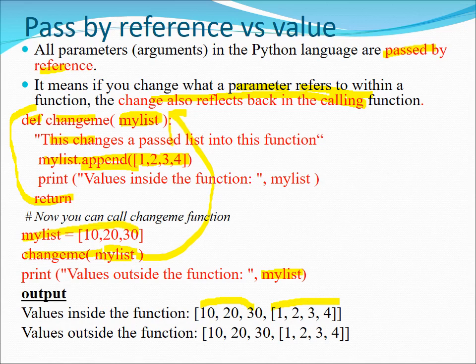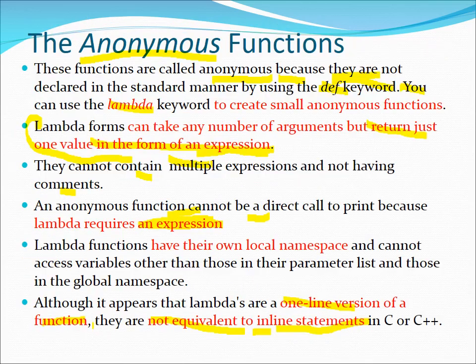So 10 20 30 is the content of my list. It will be available here with the same values 10 20 30. Then at the end of this 10 20 30, a new append statement is adding elements, and from the portion where the caller is calling, it is again calling the method. Here we can see that the existing list is appended with the new elements. So this is how the pass by reference works in Python. By default it is providing the pass by reference concept.